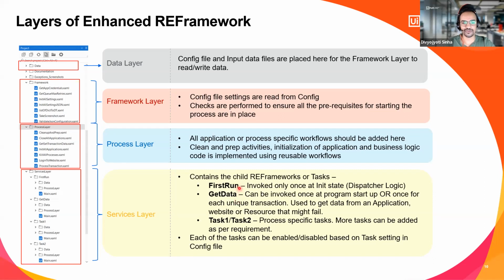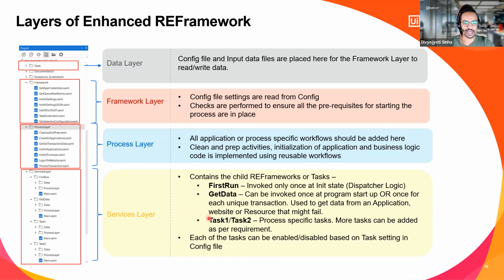So one is the first run you have already triggered. That is basically storing each of the invoices into the orchestrator queue. Second one is the get data, which you can leverage in that case in order to extract the line items for a particular invoice. So basically for each of the transaction items, if you want to fetch some additional data from any kind of application, from any kind of document, you can do those operations in the get data